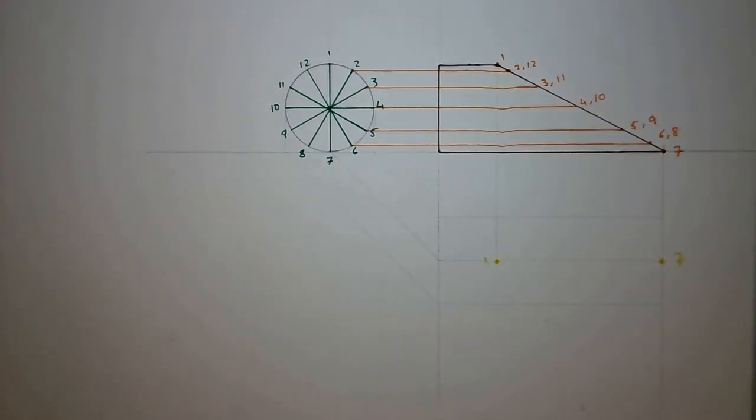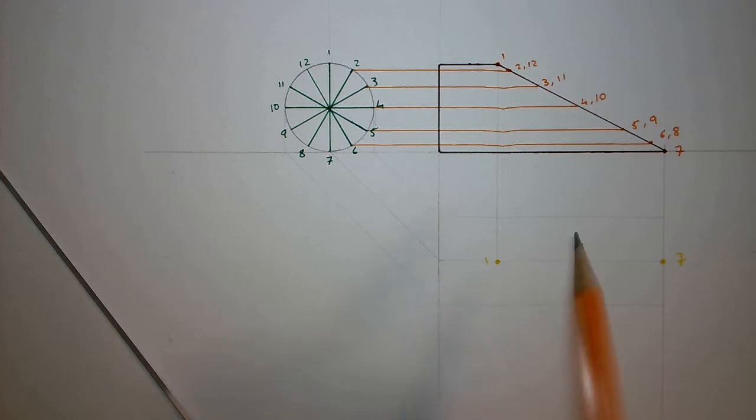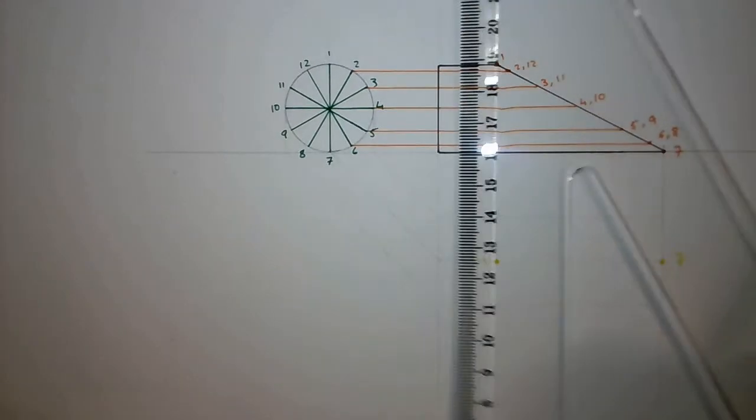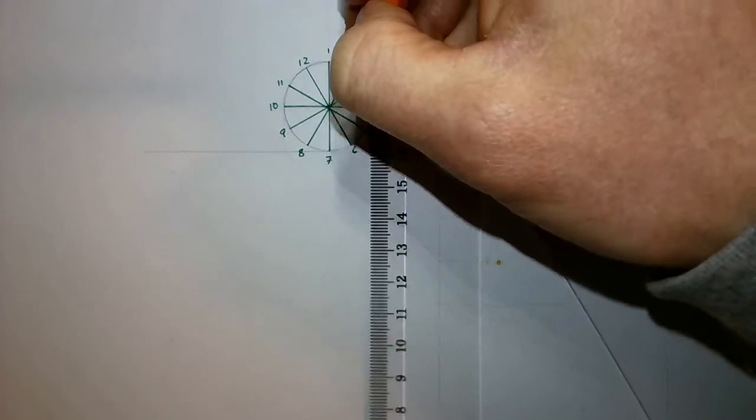Alright. And we're just going to go ahead and get 2, 3 and so on. To do that, we need to take these lines across at 45 degrees. So what you need to do is take them down to the XY line. So if you take them all down to the XY line first,